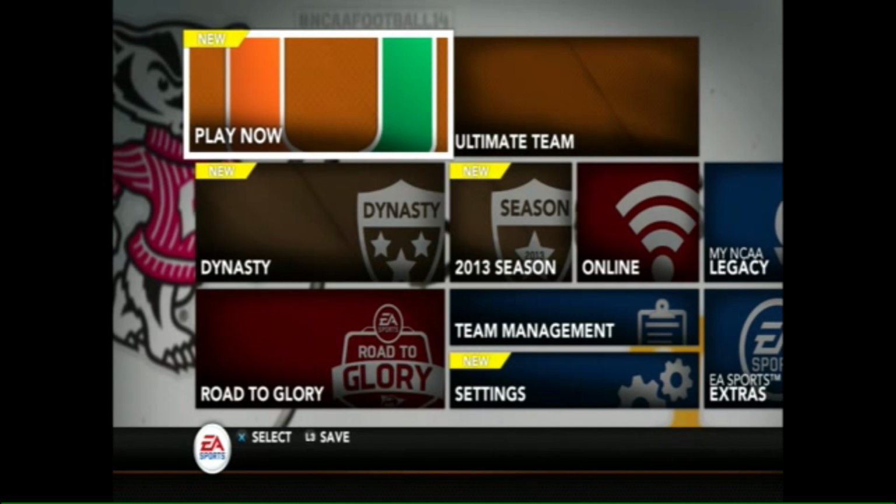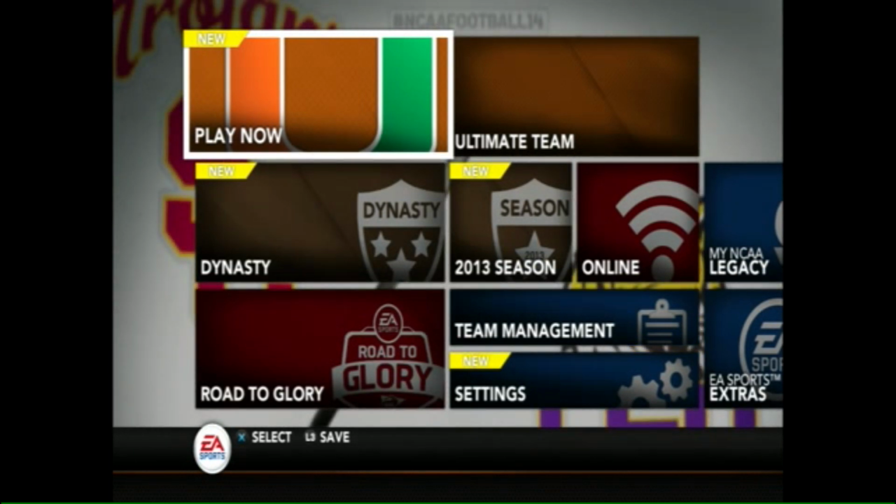Now, the first thing you're going to need to do is, obviously, you need to have a PS3 with the NCAA 2014 game. You can use it with a CD, or you can use the download game on PSN, if they still have it on the PSN store. So if you have the game, good for you. If you don't, sorry, just try to get it on eBay or something like that. But anyways,